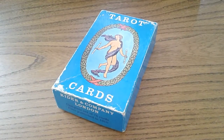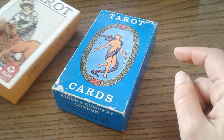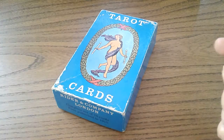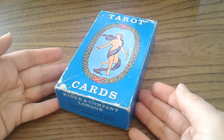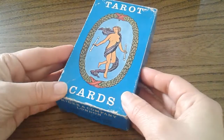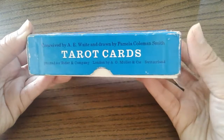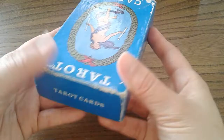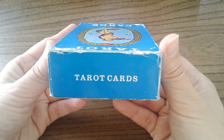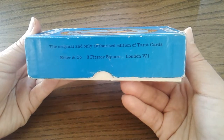So I will make a comparison video of this one with the Taroko as well as with this one here in a separate video. And also in this video, I'm not going to flip through this because everyone widely knows how the images look. But what I will do is show you the box and show you the texturing of the surfaces of the cards, as well as the flesh tones, the flesh colors on the cards,